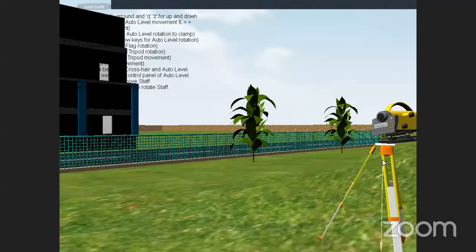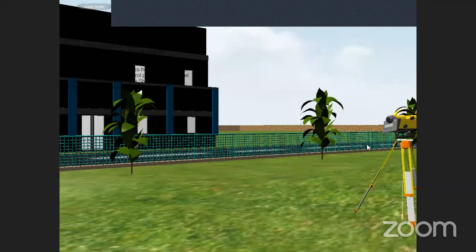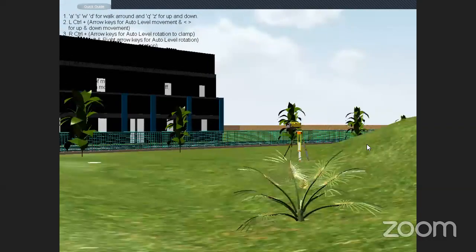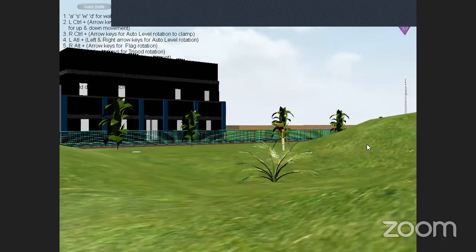By pressing 0, you will know. I am going to move this instrument again to a different location. First, I have to roam around a little bit. The C position as well as the D position I have to see properly. This is the C position.